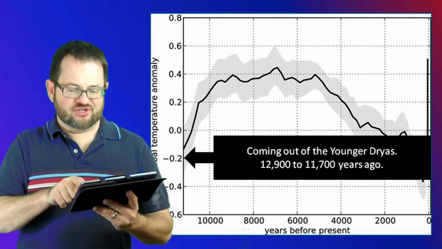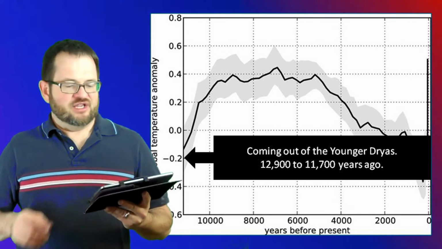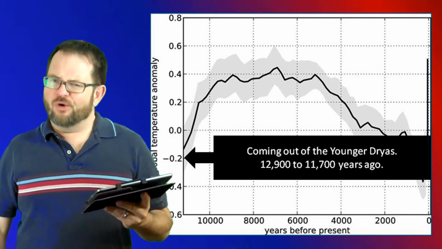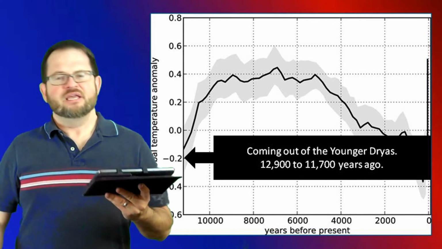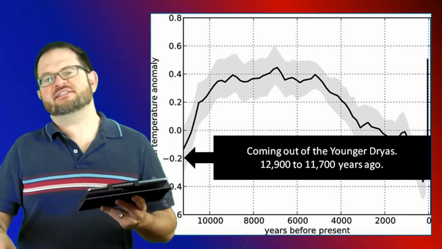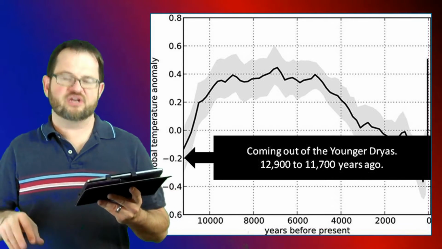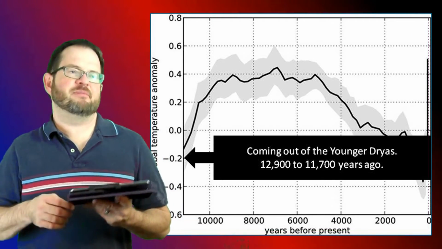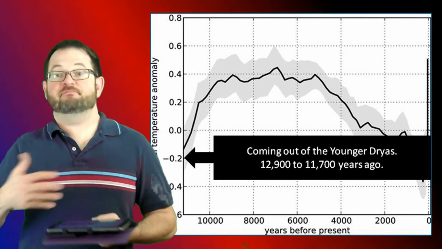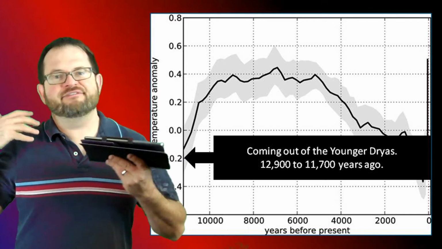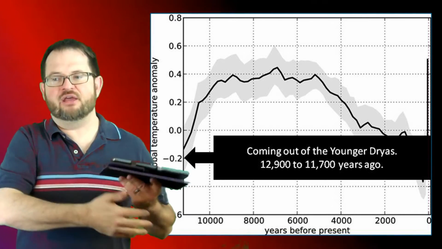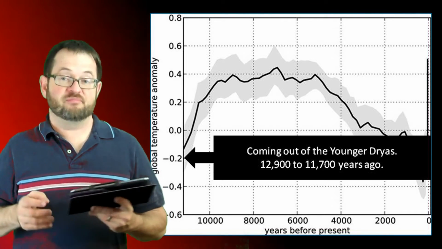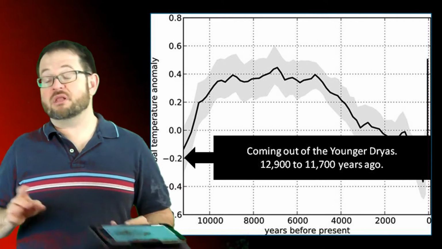What I think is actually interesting about this, though, is where was this coming from? If you go a little farther back on this diagram here, you start seeing, wow, we're coming from some really cold time, right about 12,000 years ago. From about 12,900 to about 11,700 years ago, there was a really interesting cold period called the Younger Dryas. The Younger Dryas is a strange little climate anomaly that happened about that time, where especially Europe and North America went back to very cold conditions. The Ice Age was over, and yet for maybe as much as 1,000 years, it was suddenly very cold again in Europe and the eastern United States in particular, although there were climate problems all over the world at that time.